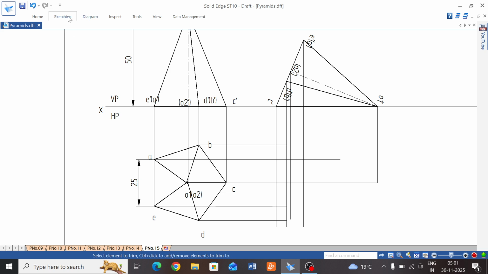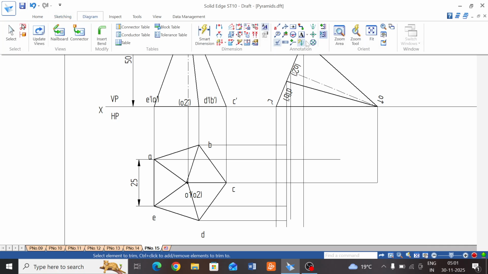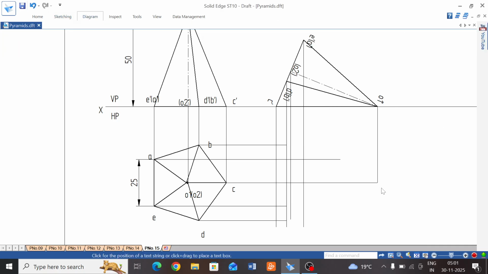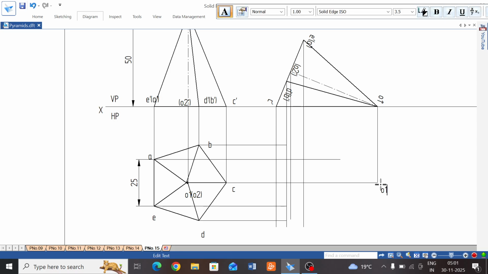start with naming using text command. This is O1, apex point O1, and this line is O2, the center point, this is the point we have projected, O2, and now the point A we have projected down, and A is here, this is your A, and the point is projected, and next point, the B is here, the B point,